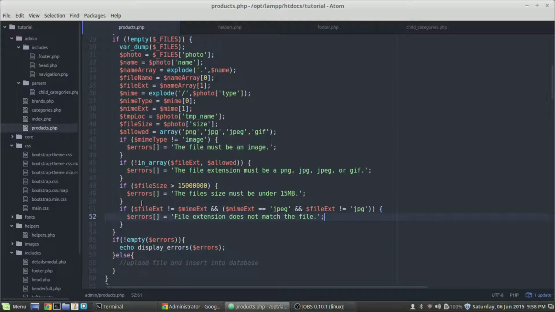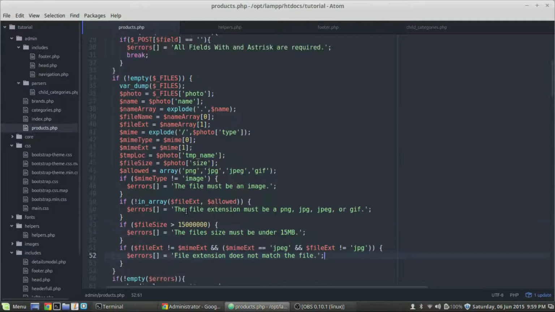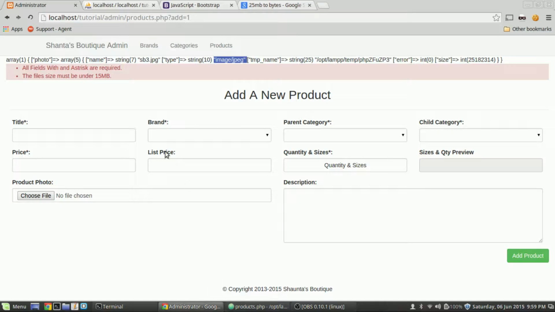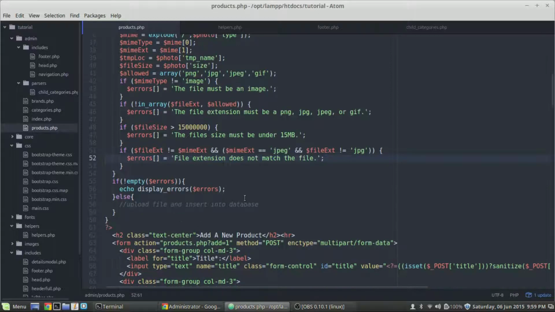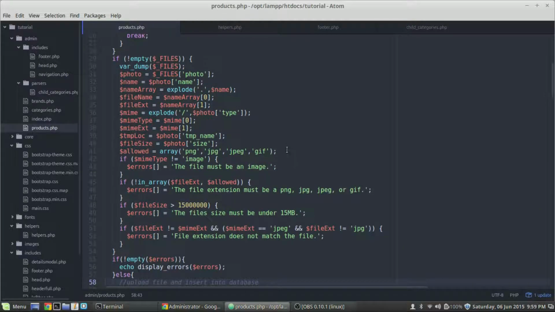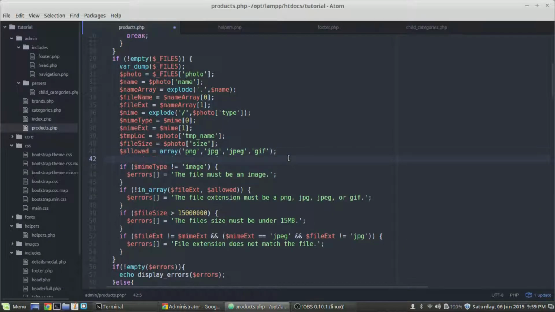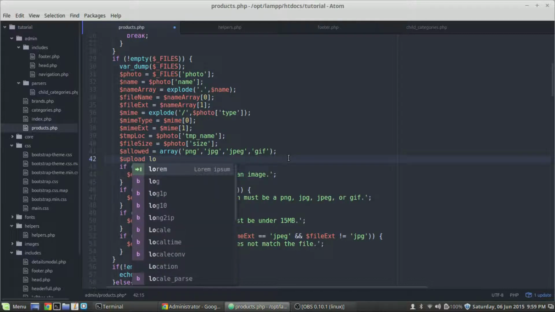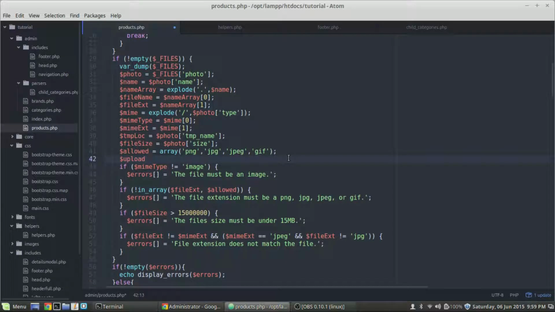Alright, so that's all the file validation I'm going to do, and then in the form we're just checking to make sure these are all filled out. Let's go ahead now and upload this stuff to the database. What we need to do is create an upload location. So we're going to say upload location is going to equal,